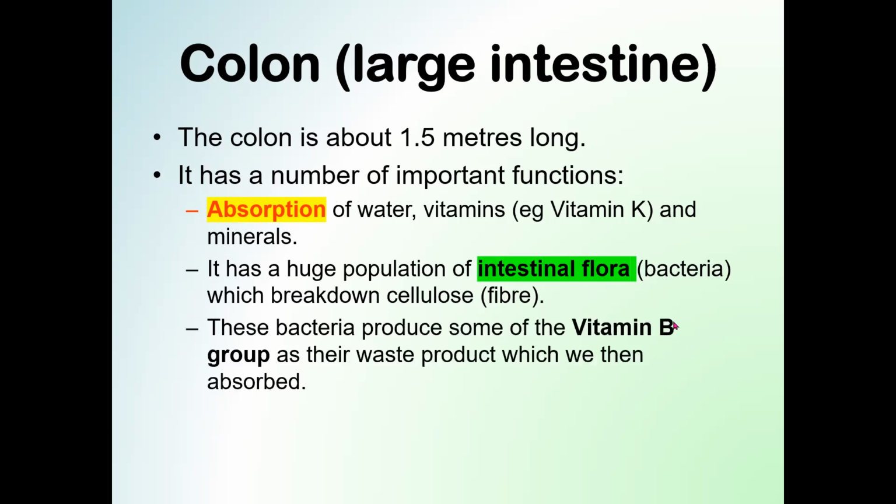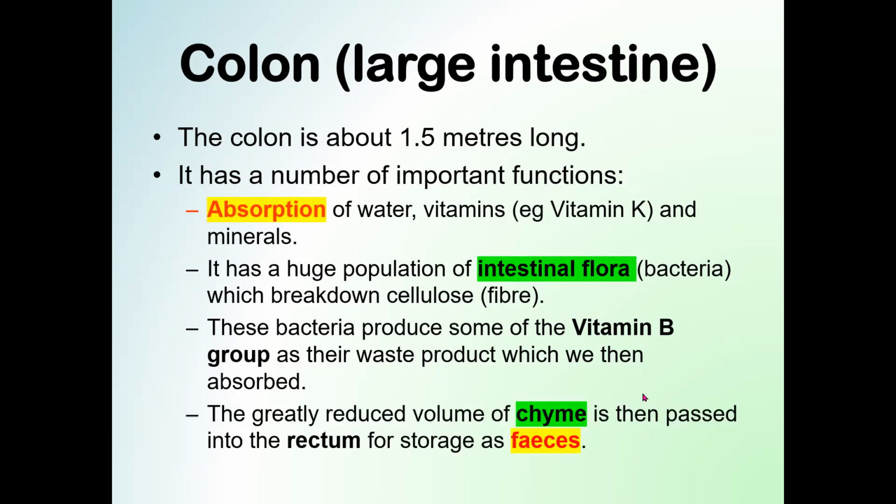In the breakdown process, there are many vitamins in the vitamin B group, and they actually produce the vitamin B group vitamins as their waste products while they're reproducing. Now, the chyme, remember, that's the material that comes out of the stomach. Once it goes through this whole process and gets to the rectum, it's stored,